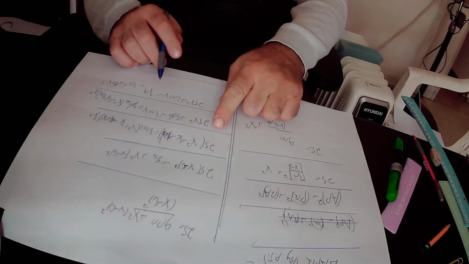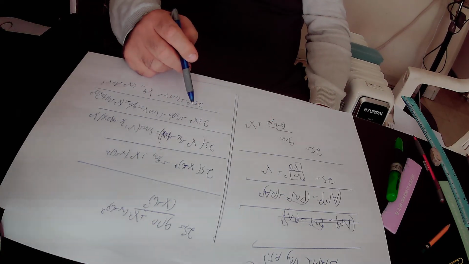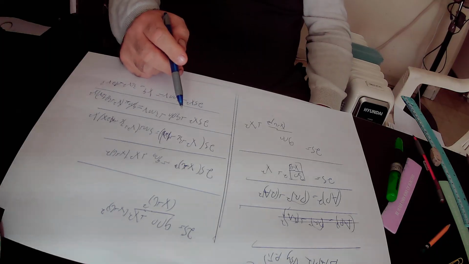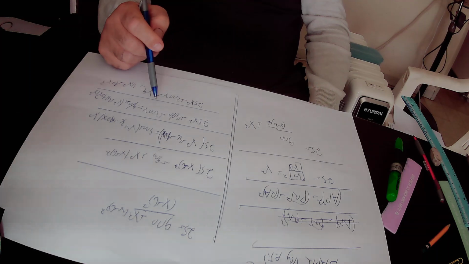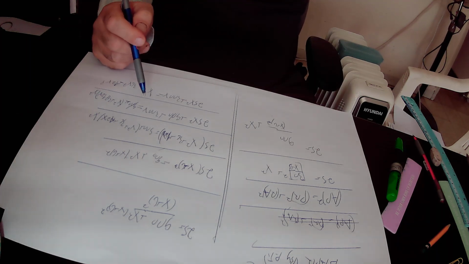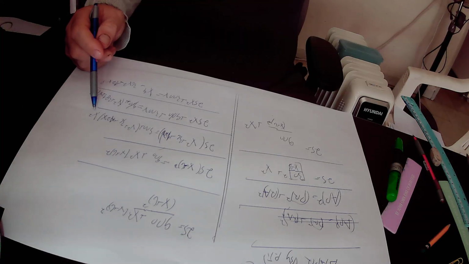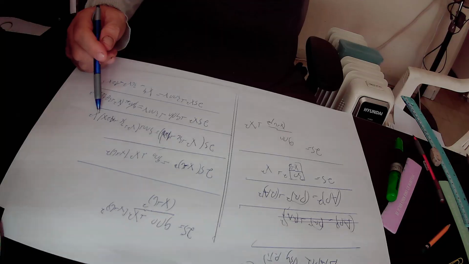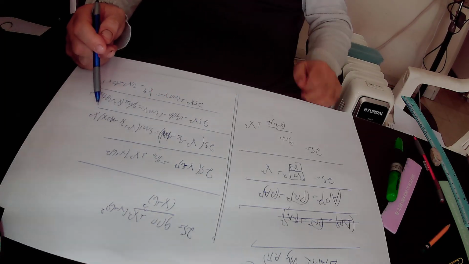We open the brackets of this expression. 25 times x squared is 25x squared. 25 times 36 is 900. And 25 times 12x is 300x. On the other side of the equation we have 900, and we have x squared times (x squared plus 36 plus 12x). We open the brackets of this expression, and finally found out